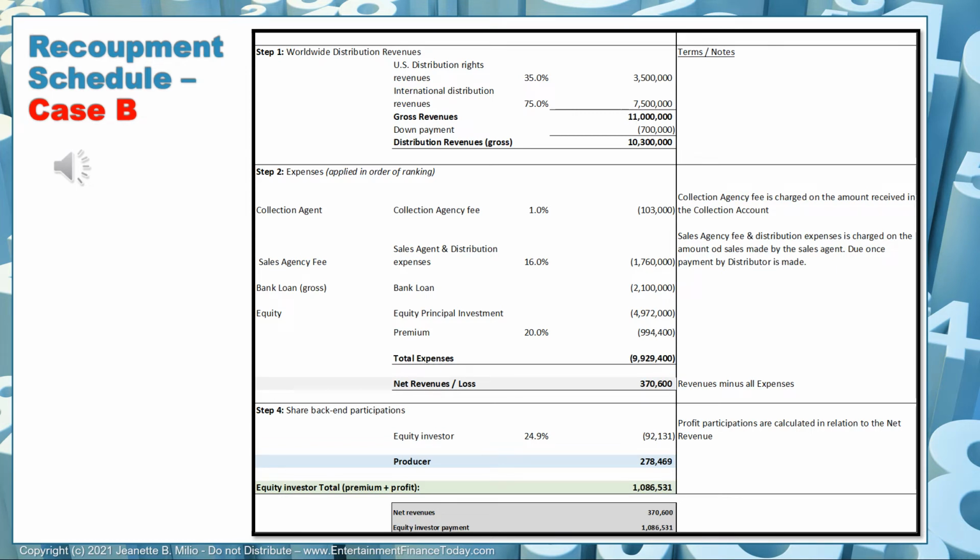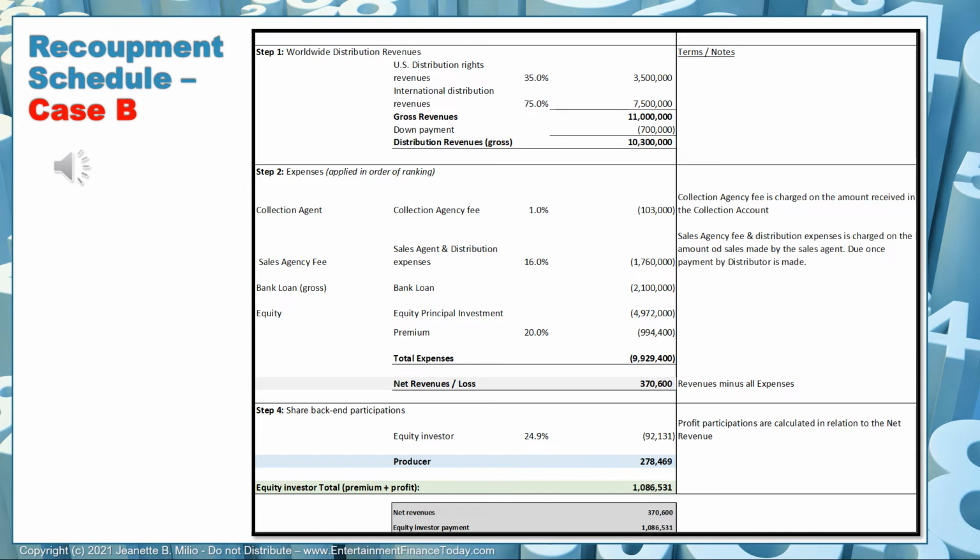The equity principal investment amount was $4,972,000. We're paying this back together with a 20% premium of $994,400. So our total expenses would now be $9,929,400. We are then achieving a net revenue of $370,600. So that is the distribution revenues of $10,300,000, deducted expenses of $9,924,400, gets us a net revenue of